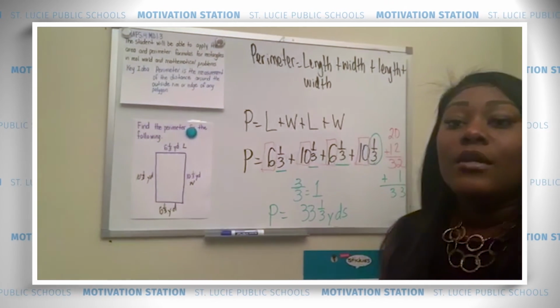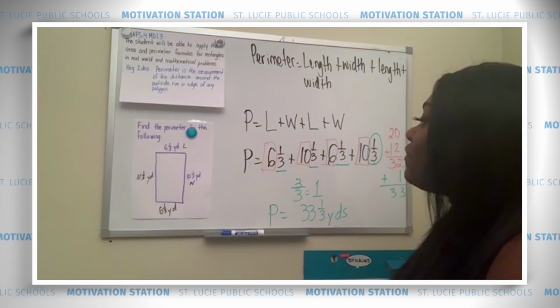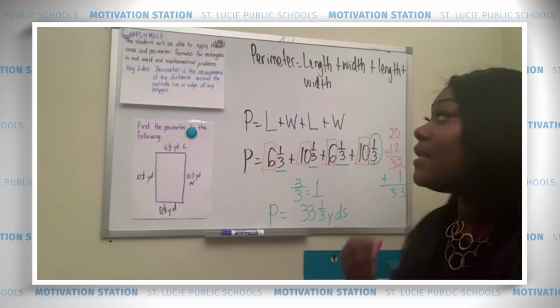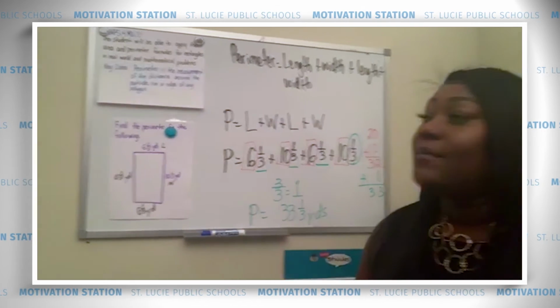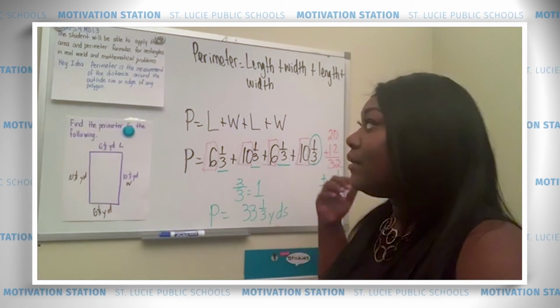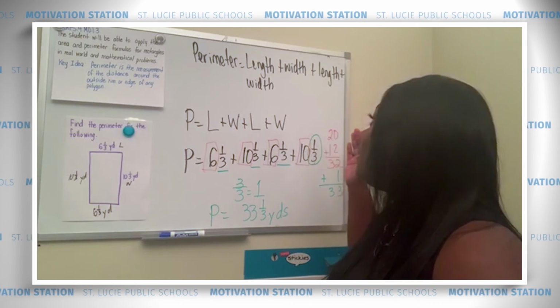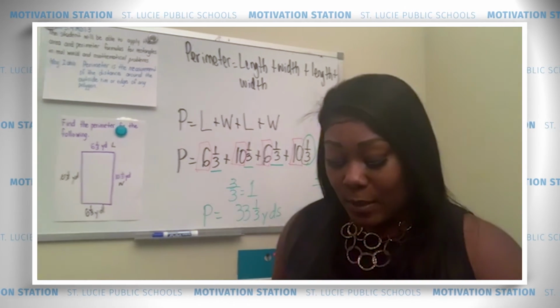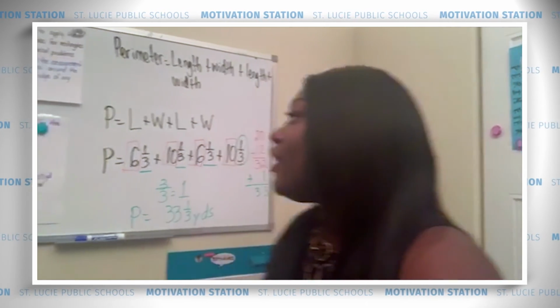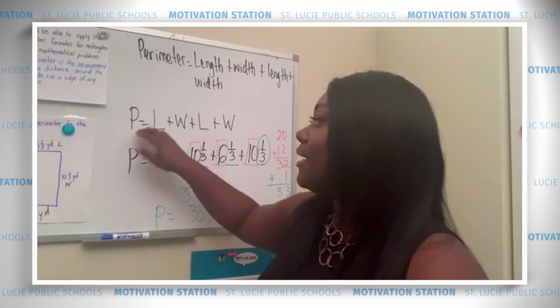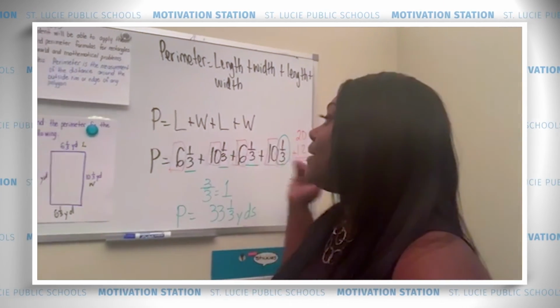Pretty simple. So remember, when you are working to find the perimeter of a rectangle, you must apply the formula. Say it with me. The formula for perimeter is length plus width plus length plus width. Sometimes people like to just sum it up as saying perimeter equals the sum of all the sides. But when you're looking at your reference sheet for the FSA, you might see P equals L plus W plus